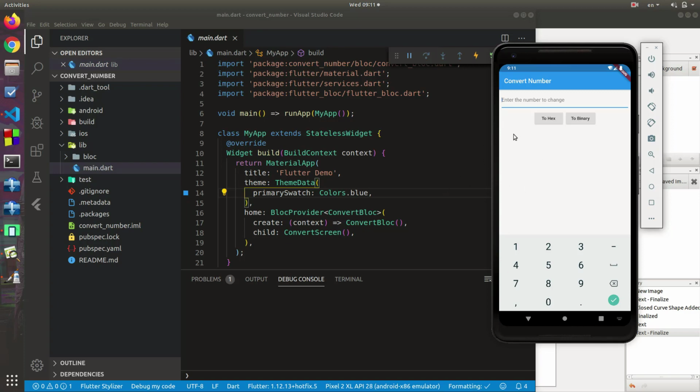The application that we are going to build is a very simple one to implement the concept of the BLoC state management, or the BLoC design pattern, and it does only two logical operations. One is changing a decimal number to hexadecimal, and the other is changing the same decimal number to binary. For example, I enter a decimal number, 11, and I click this button and it converts to B. Or if I want the binary value, it will give me